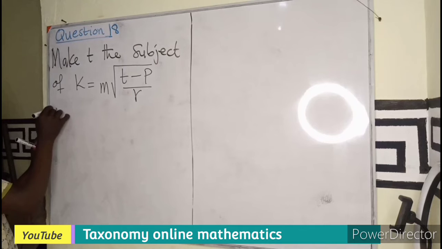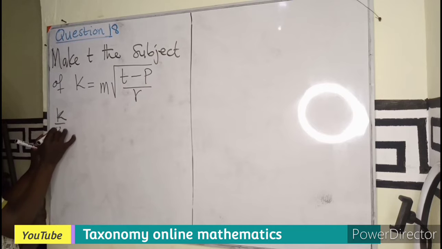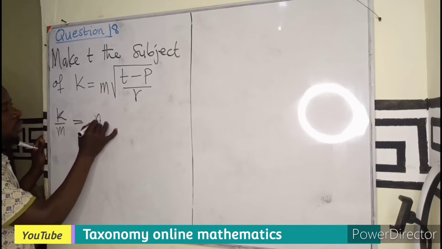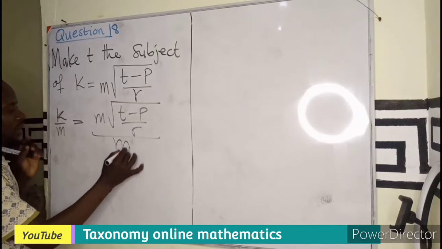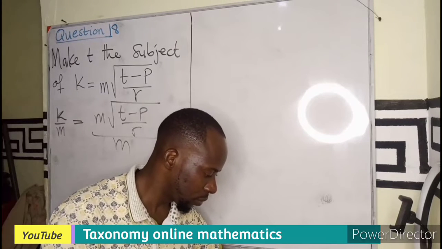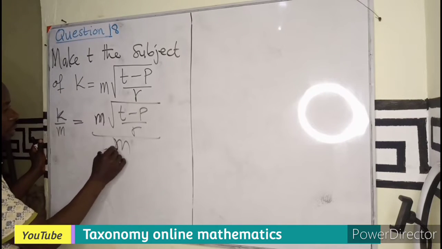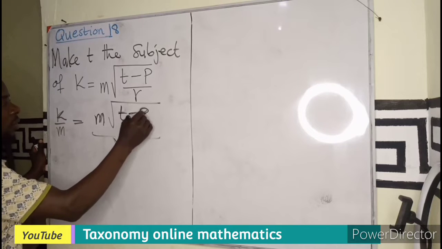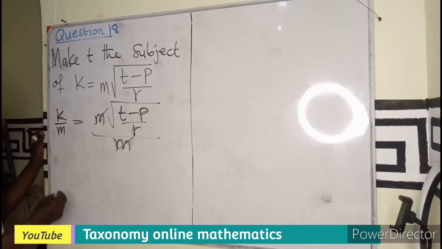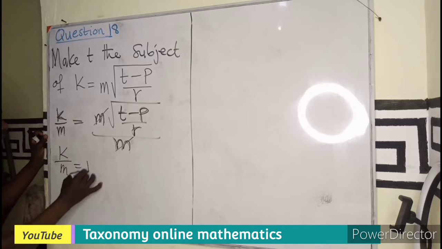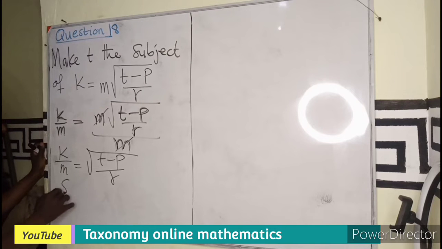So that becomes K divided by M equals M root of (T minus P) over R, all over M. If you cancel this, we are only going to have K over M equals the root of (T minus P) over R. So now we can square